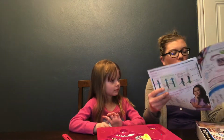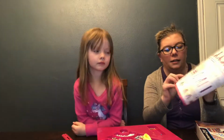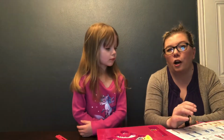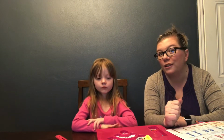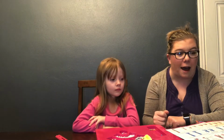So the one that Lexi has decided that she wants to do is this one here, the classic chevron. She likes the rainbow design. So we are going to read the instructions and get all set up for that. And then we'll show you what's going on. And hopefully we can do a close-in of how we're braiding it. So we'll be back. So excuse the random angle, but we have all of our stuff together, and I'm gonna